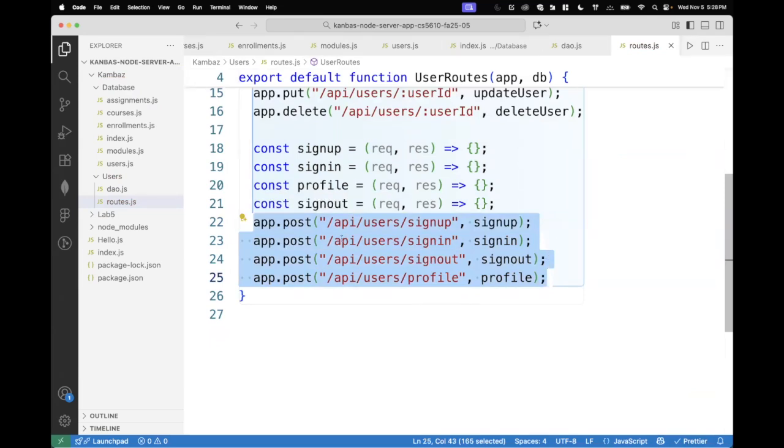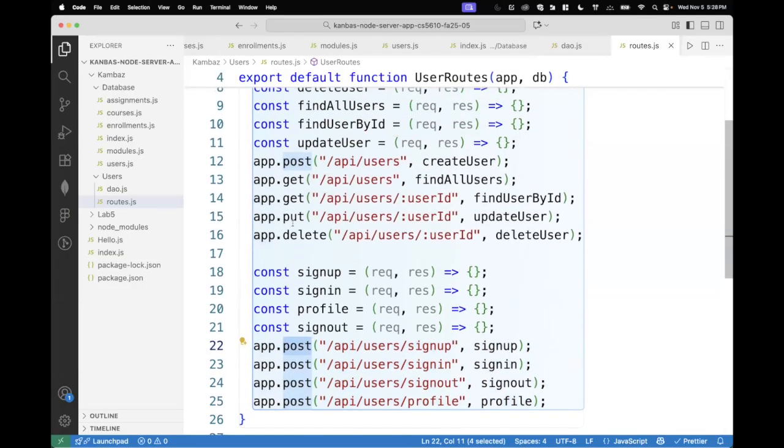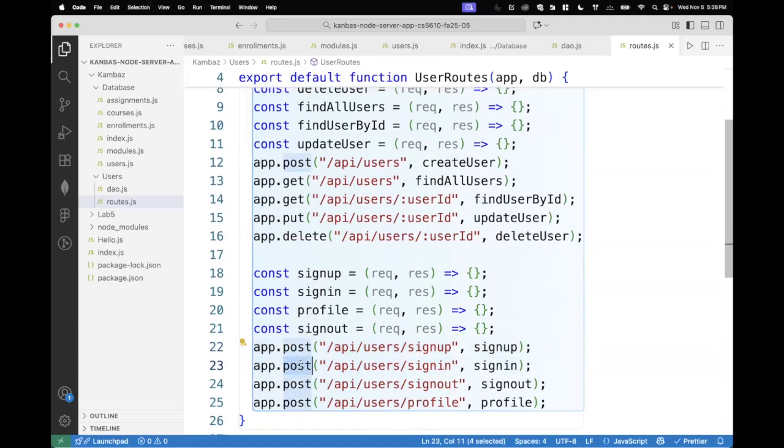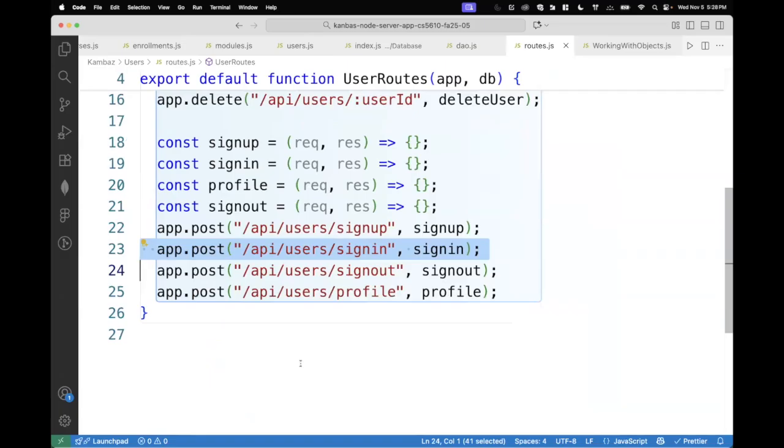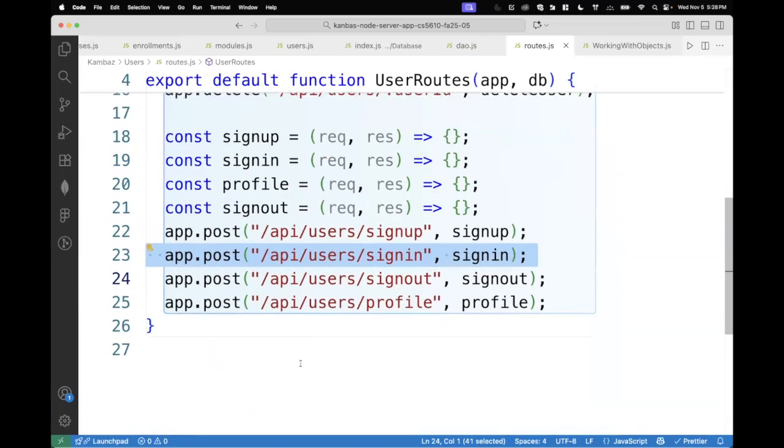Now notice that for all of them, I'm using post. And just a minute ago I said that post is typically for creating new users. While that is true for sign up, where usually we're going to insert a new user to the database, so post seems to be appropriate, the other one, sign in, is not necessarily creating a new user. It's not inserting anything in the database. So you might say, well, why are we even using post? Doesn't that break the